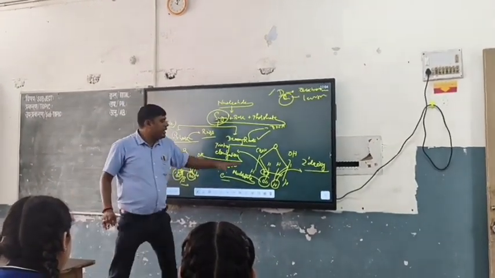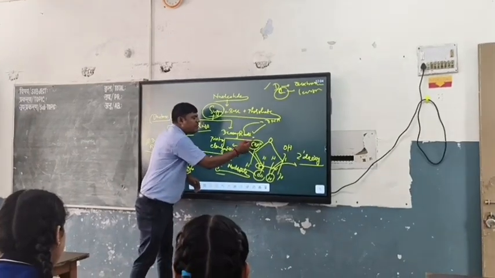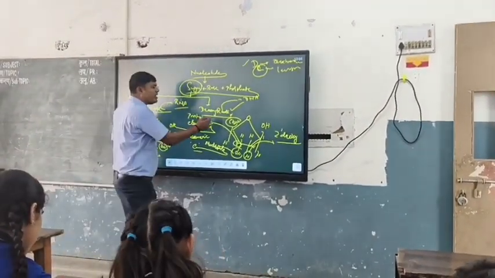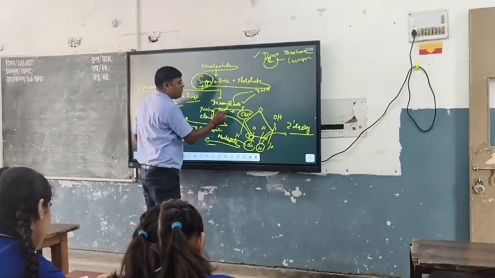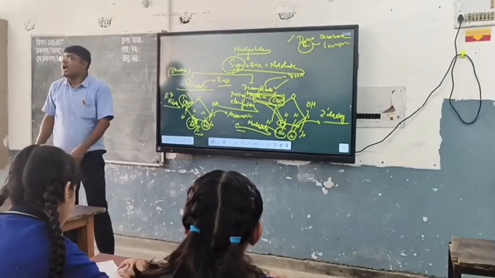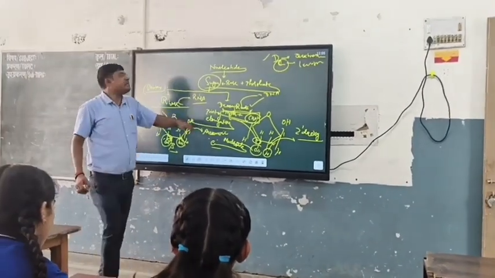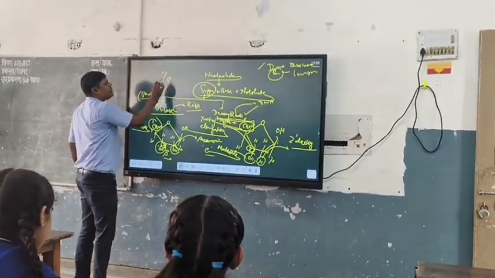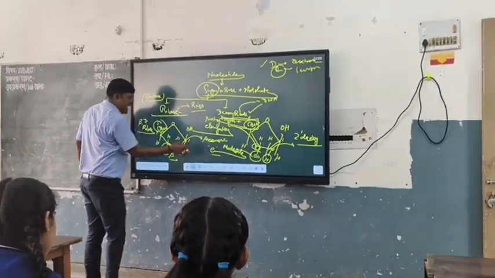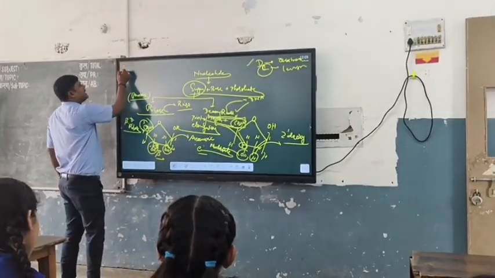So, what is the significance of this carbon number 5? This carbon number 5 is always the point for the phosphate group, the H3PO4 group. It is the point for attachment of the H3PO4 group. As you know, if you see the structure of H3PO4, then you will find that H3